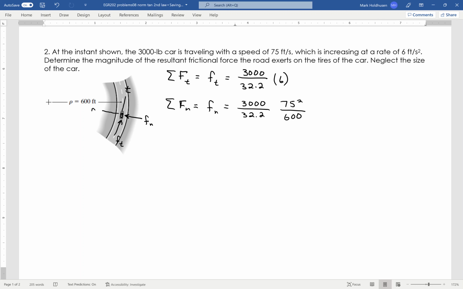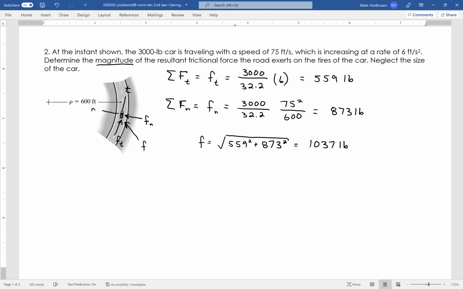So what I have here is I can very easily find the tangential friction, 559 pounds, and the normal friction, 873 pounds. But what it's asking me to find is the magnitude of the friction. So the magnitude is going to be the square root of the sum of the squares. So the total friction, I just take the square root of the sum of the squares. I take the 559 squared and add it to the 873 squared, take a square root, and I get the total friction,